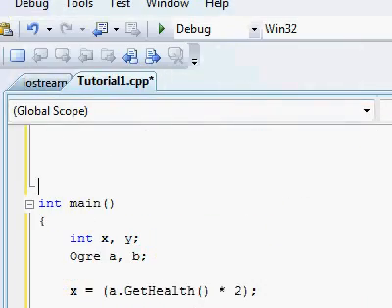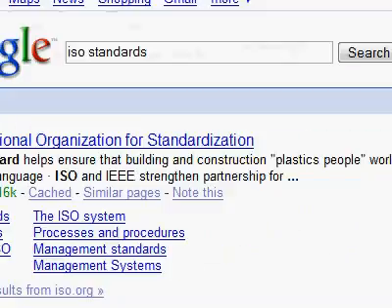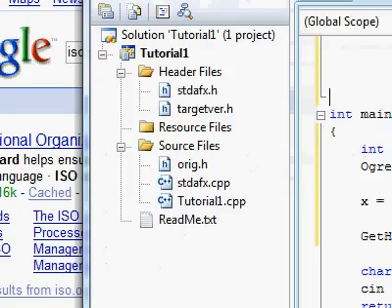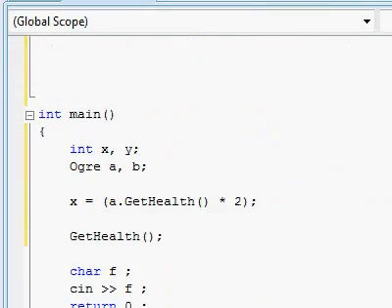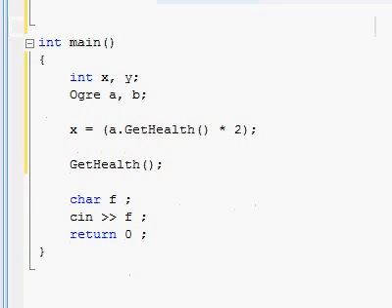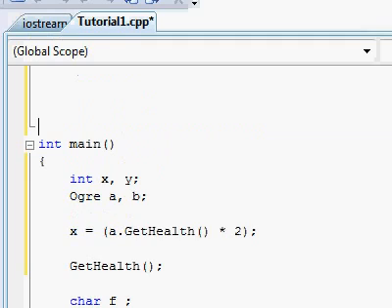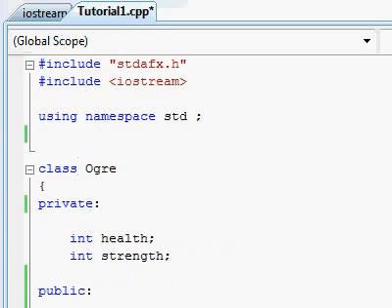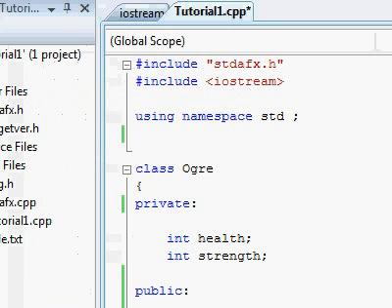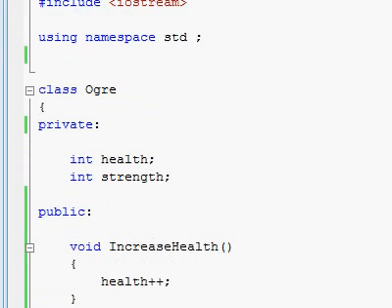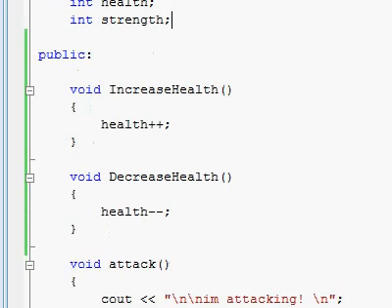Well, the C++ programming language has been put together and fixed up by the ISO, the International Organization for Standardization. What's useful about that is that wherever you go in the world, whichever C++ compiler you may be using on whatever operating system you may be working, you can be sure that you will always be able to use the same type of stuff as long as it's part of the C++ standard. The standard decided a whole bunch of rules which must be followed by everyone who makes a C++ compiler, so that programmers can depend on those rules and rest assured that things will be the same wherever they go and